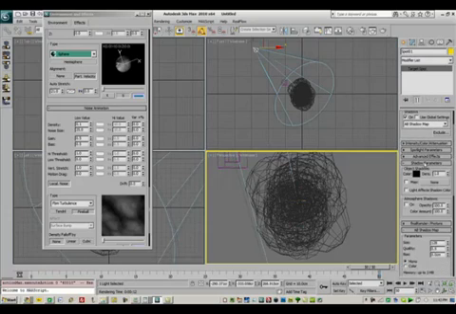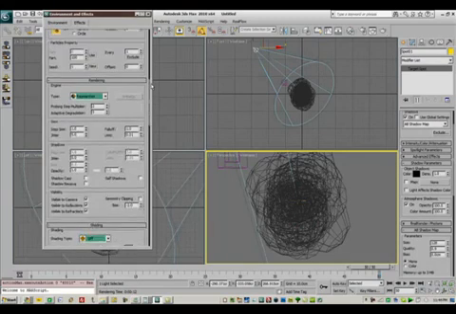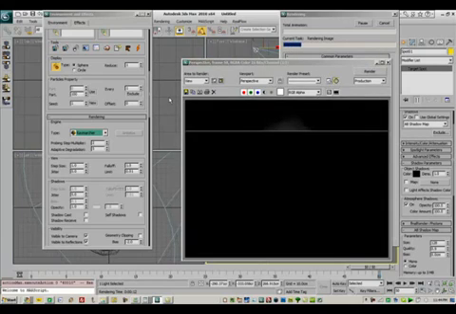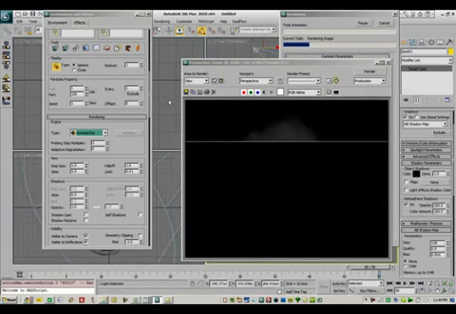What I would next want to do is just go to shadow parameters and click on atmosphere shadows. This is very important to tell it to communicate to the atmospherics, which is in fact our afterburn. If I click render again, although it's casting shadows, it's not actually doing anything yet, and the reason is because